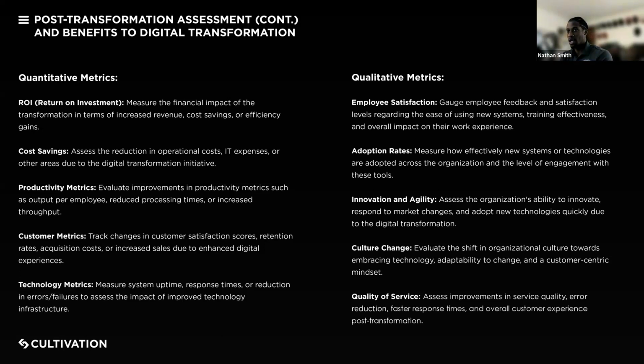So everything in regards to, whether it be a quantitative metric or a qualitative metric, is very important, especially when it comes to innovation and agility. As mentioned before, Antonio even asked, with the wide variety of AI tools and technology advancing at a rapid pace, how can you even respond to these different market changes?